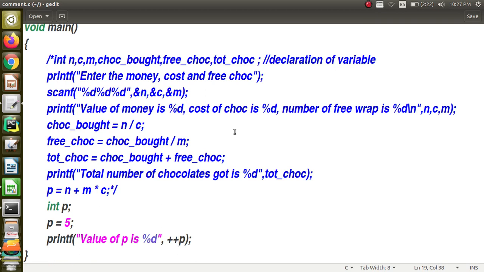That will increase the value of the variable by 1. When you want to increase the value of the variable by 1, you can go for pre-increment or post-increment according to your necessity. You go for pre-increment if you want to increment the value and then use it, then put it before the variable name.